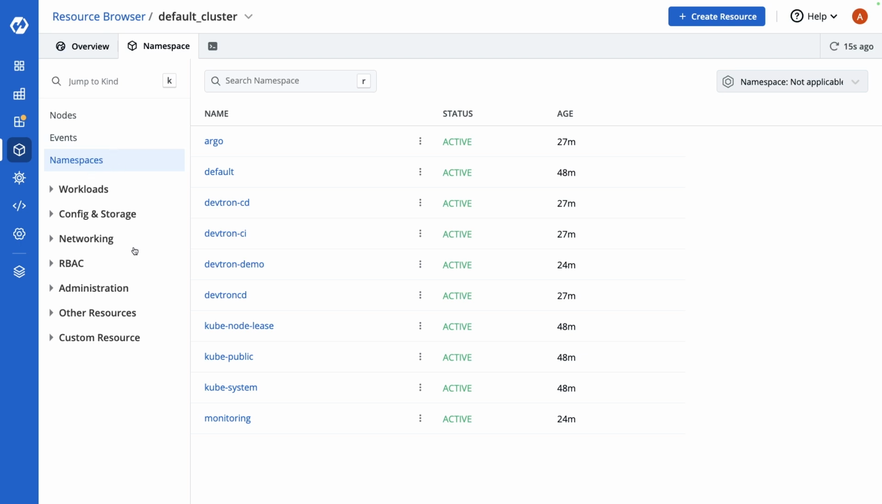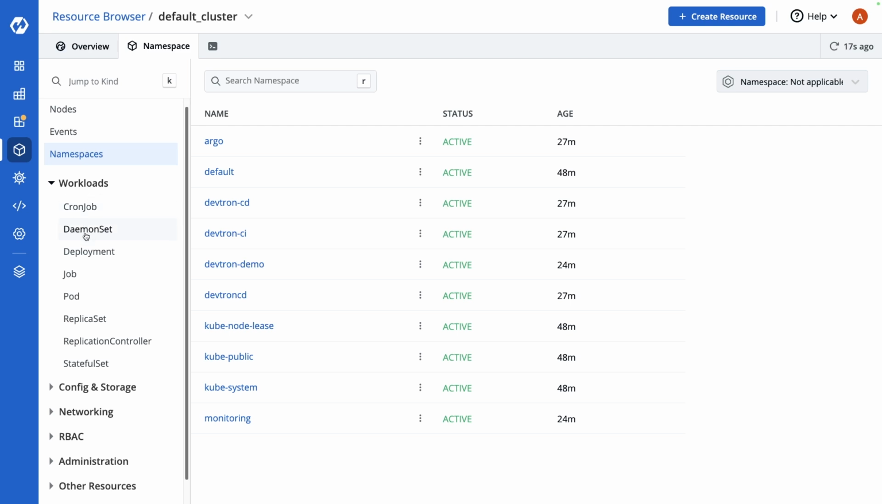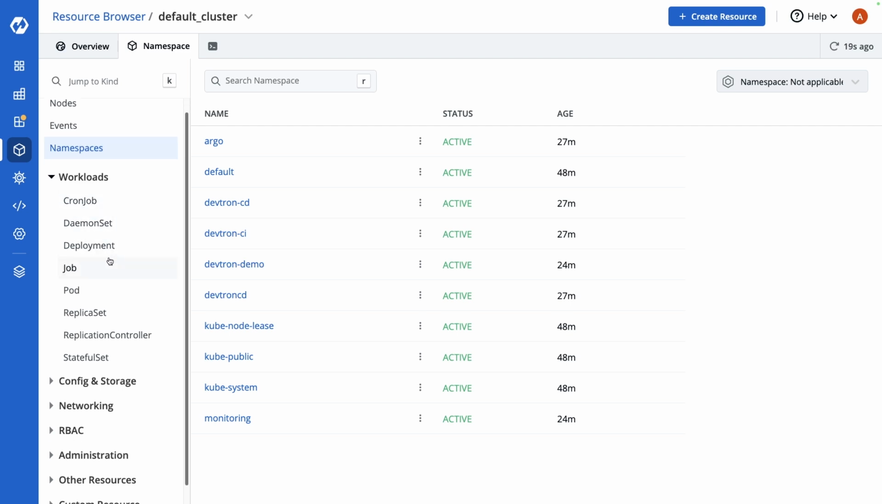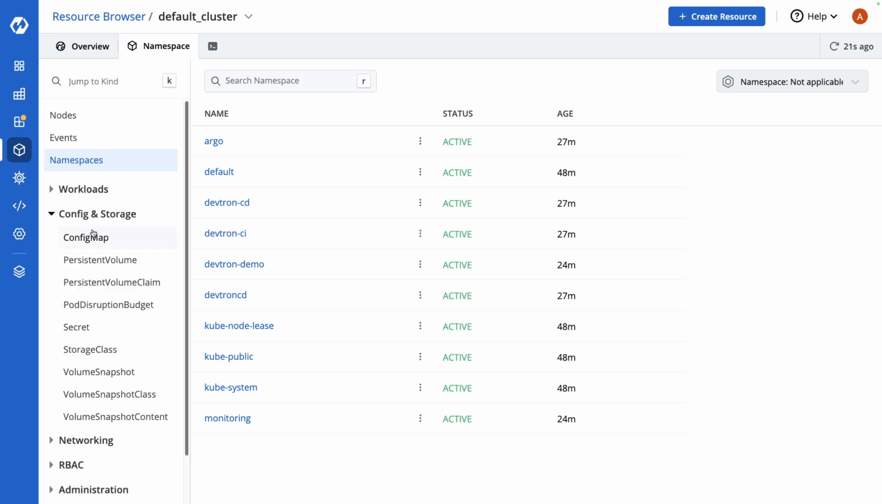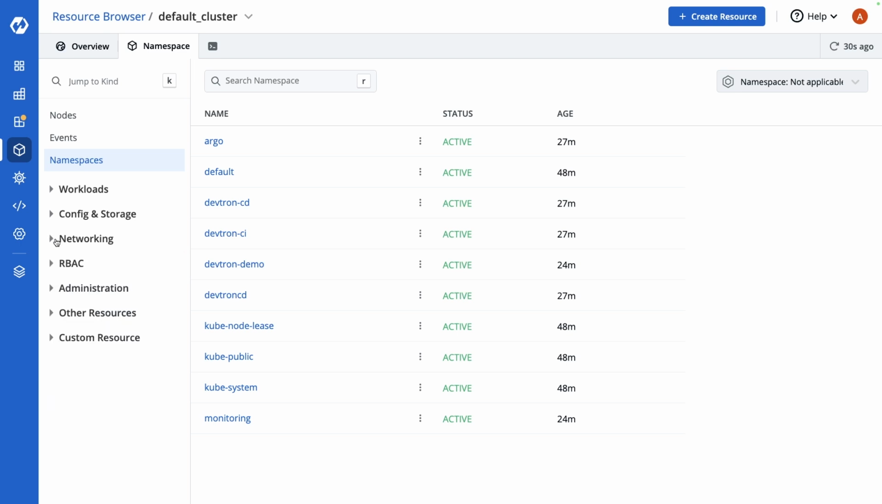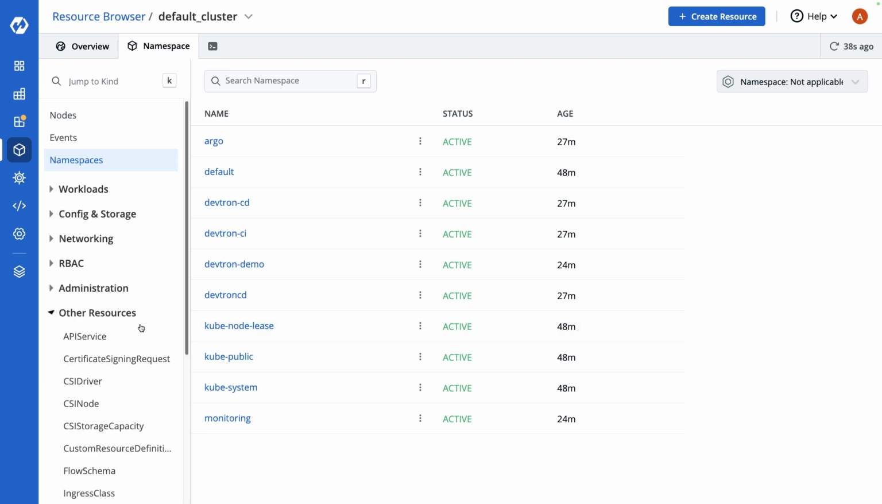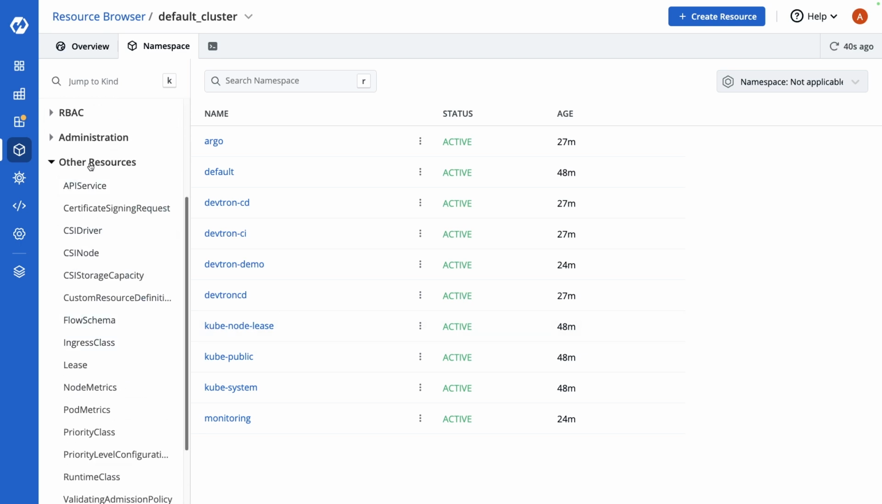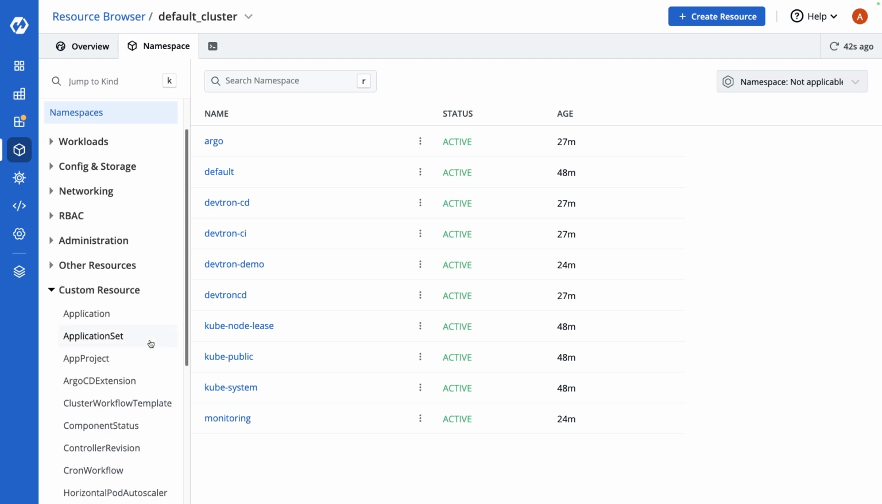And they are all categorized here for you. So for example, you have workloads for things like deployments, jobs, and pods. You have config and storage for config maps, persistent volumes, secrets, storage classes. You have networking for slices and ingress and services. You have RBAC to handle everything and anything permission related, anything administration for webhooks, other resources, and custom resources, which